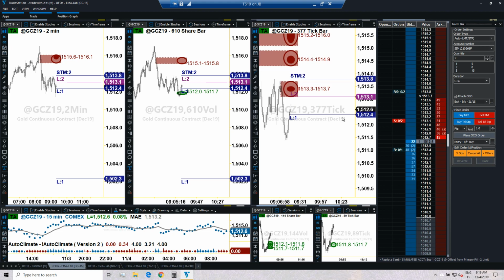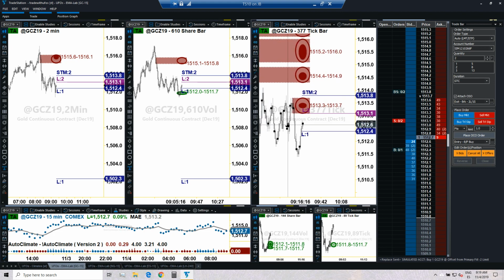Okay, so I'm just going to zoom in here a little bit so we get to see price action from closer. We are just a few ticks away from entry. Current price is 6, entry is 1. So really we are about 5 ticks away from entry, which could be the one.